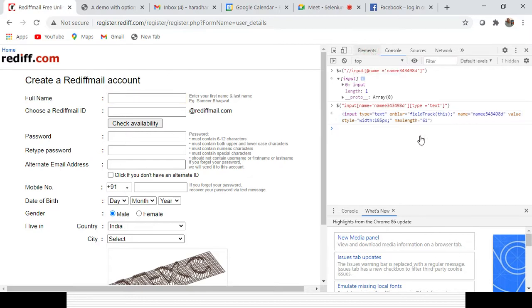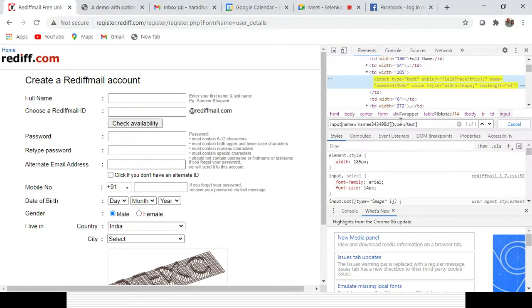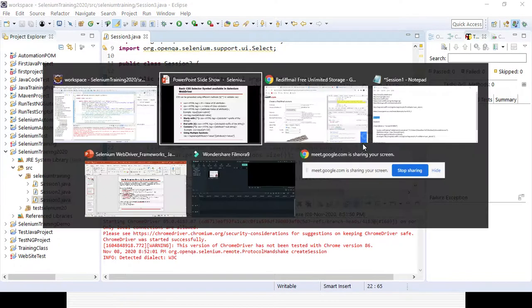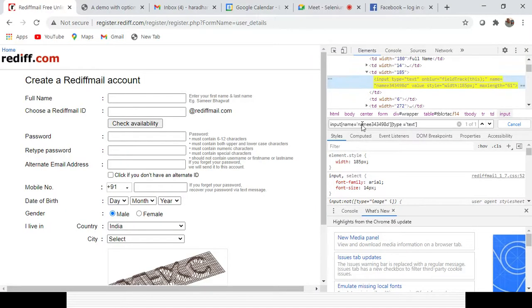Okay. Now say I will use the other syntax, the starts-with one. So what is the way? HTML tag, attribute, then the sign equal to, with the prefix of the string. In XPath you create it with the starts-with function, but in the CSS selector you have to write the tag name, this is the value, and here you simply use the attribute equal to sign and remove the other part.